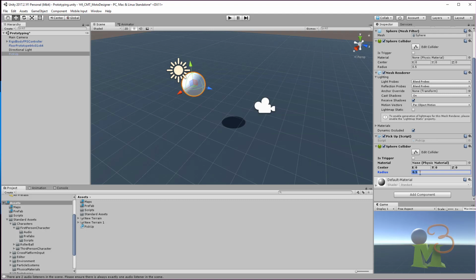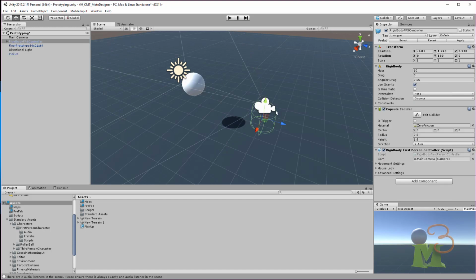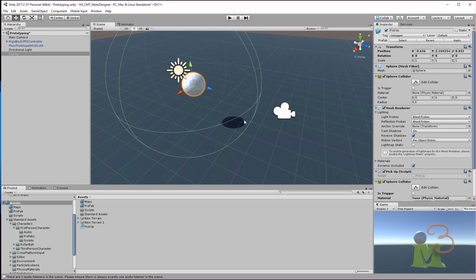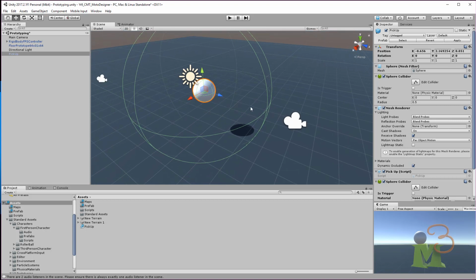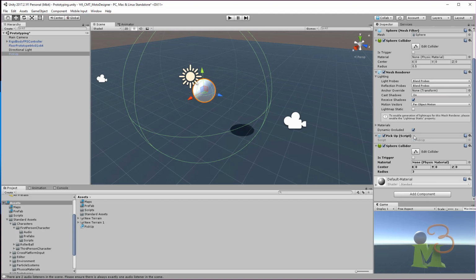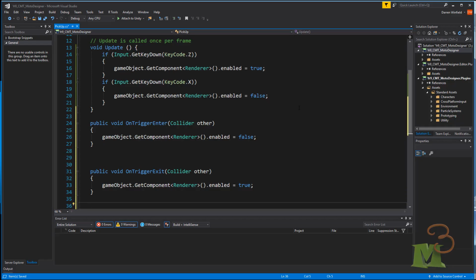So I'm just going to make this maybe 3, so it's just nice and big. Now that means that my player is a little bit close to it. So this is the area of influence, or where this collider. The thing that we need to make sure that we click on here is make sure it is a trigger. So I'm going to enable the trigger here, and then we'll go back to our double click on the pickup,